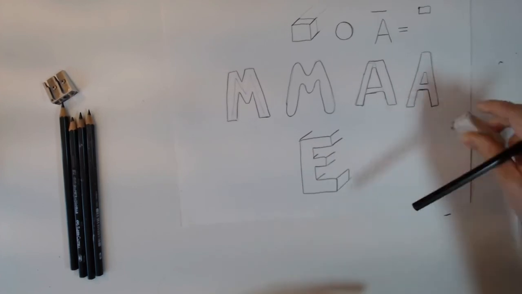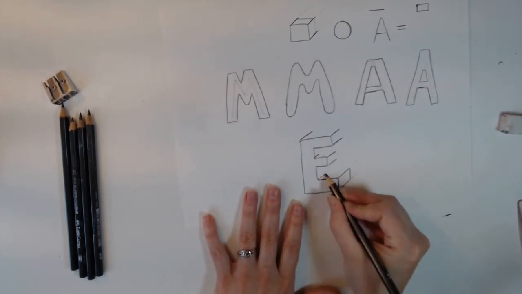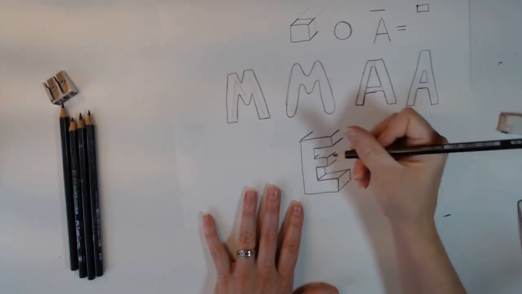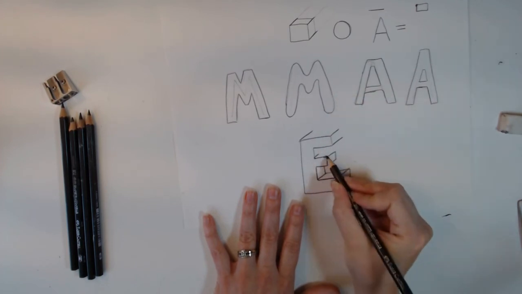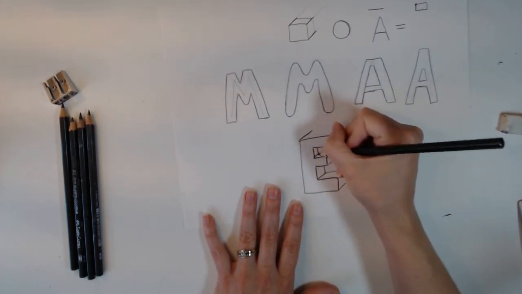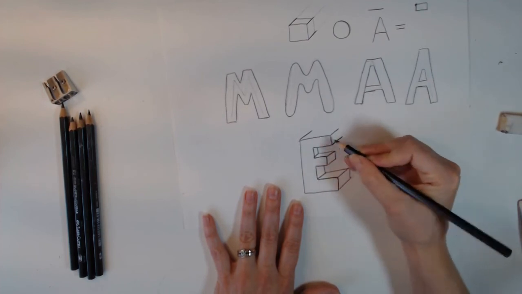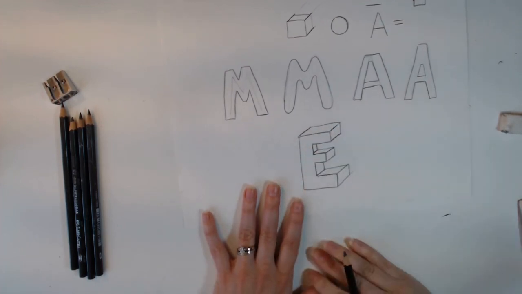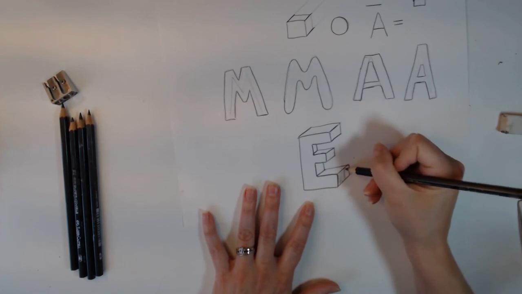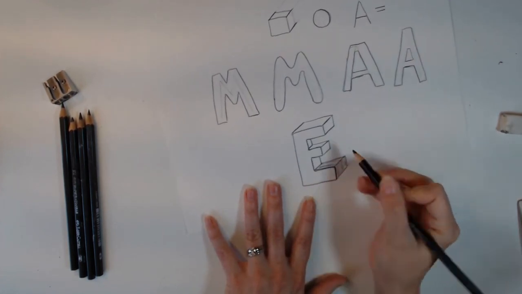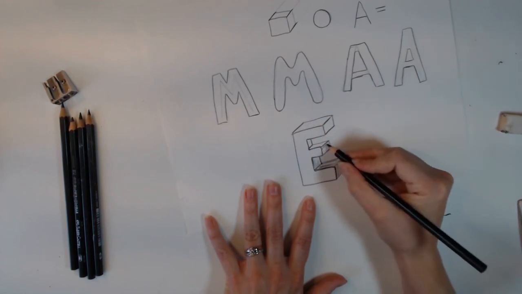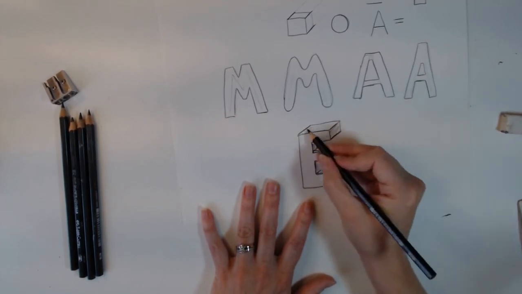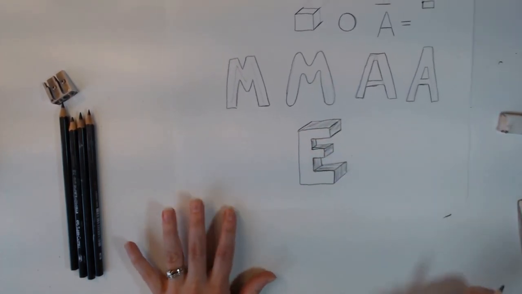You can always go in and erase that. This line is horizontal. This line is horizontal. Diagonal. This line is vertical. Vertical, horizontal, horizontal, vertical. And there you have your 3D. I'm going to use some shading to make it look extra 3D. There's just a couple of techniques for you to try to experiment and explore how to do bubble and block letters. And as always, have fun